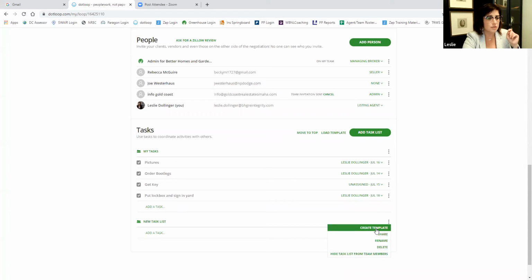So you could create your own task list template for your buy side, sell side, active listings, listing appointment, open house. I mean, these are just to-do lists. You can assign dates to them. You can assign other people to them, which I really love doing. You can assign a seller to get his bathroom paint touched up, right? So you can operate within Dotloop more than just transaction management,